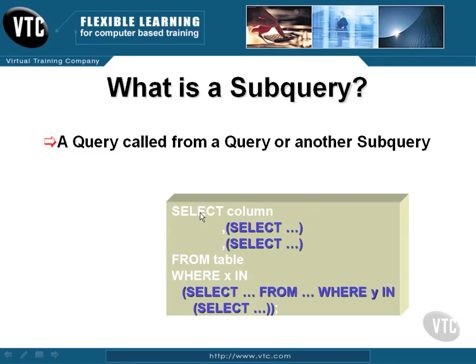As you can see here, we have select, a column, and then a subquery and another subquery from table where something is in a subquery that is in a subquery. You can go down multiple layers, and essentially a subquery is actually an expression. In other words, it returns a single result, in most cases. I say in most cases because there are subqueries that can return more than a single result, more than a single value,